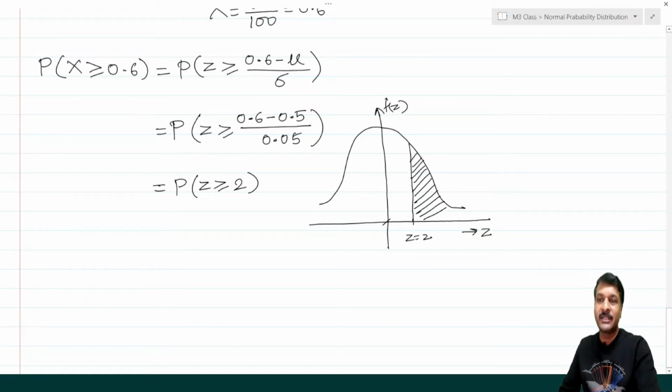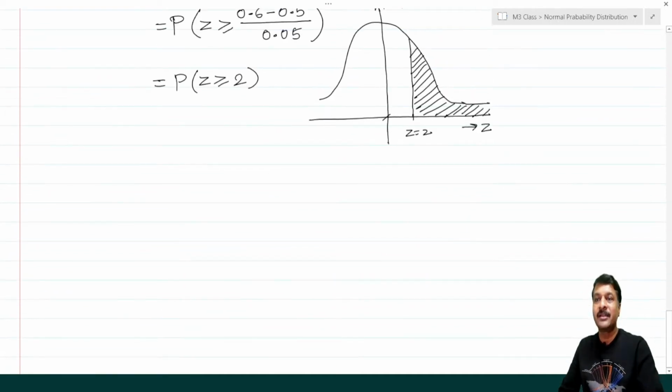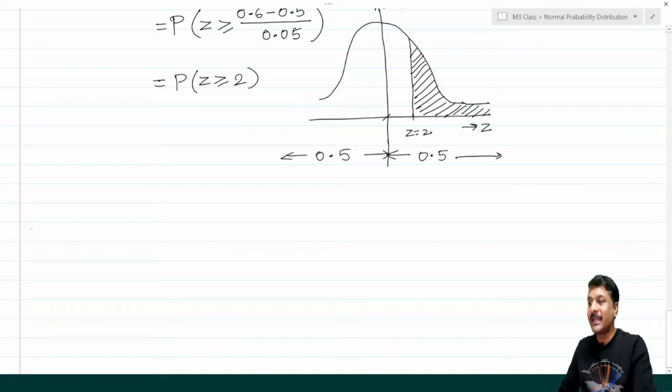But the given area is what? Z equal to 2 means that 0 to 2 is given. So how to find it? You know the total probability is 0.5 from 0 to infinity and from minus infinity to 0 it is 0.5. So the same thing I can write: the left hand side, X is greater than or equal to